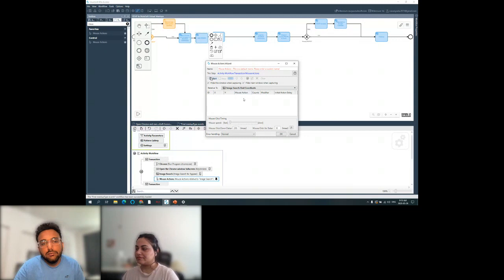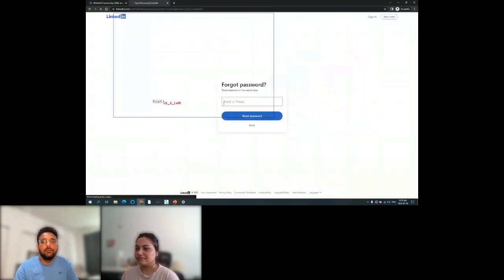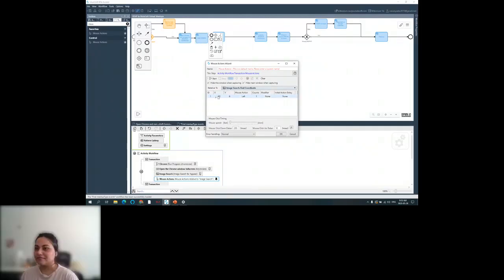Now see what will happen. When I click on start, it is already showing the previously marked boundaries, and the forgot keyword is highlighted in a red rectangular box. Now it is easy for us to just click on this. So I'm left clicking this and pressing F10. That's it. Now you can see it says you have done a left click action. Simple. Click on OK. I will save it.